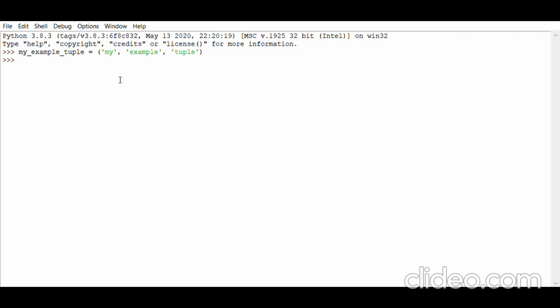Also, you can't add stuff. So if you remember, in the last video, I taught you how to add stuff to your list, delete items. You can't do this to a tuple. So that would be like my example